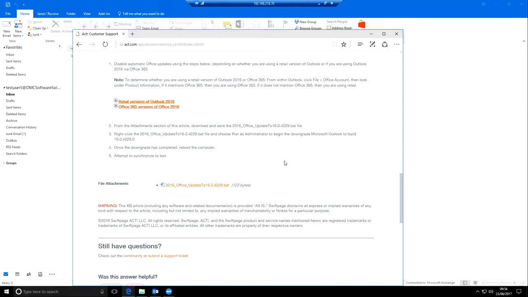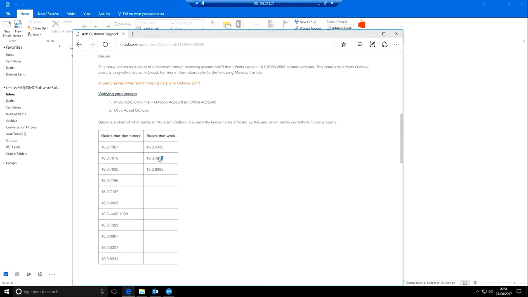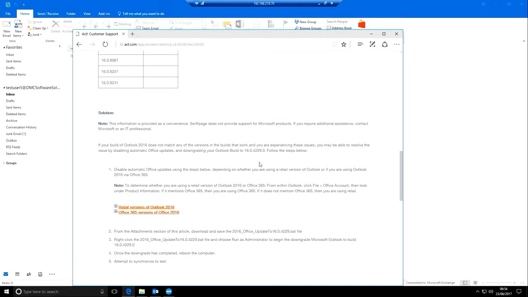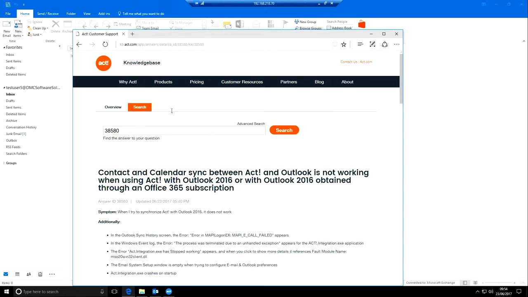At the bottom of this knowledge base article, they have included a small file. This will roll Office back to the 4229 build, which we can see is a known build that works. To get to this knowledge base article, you can go to kb.act.com,